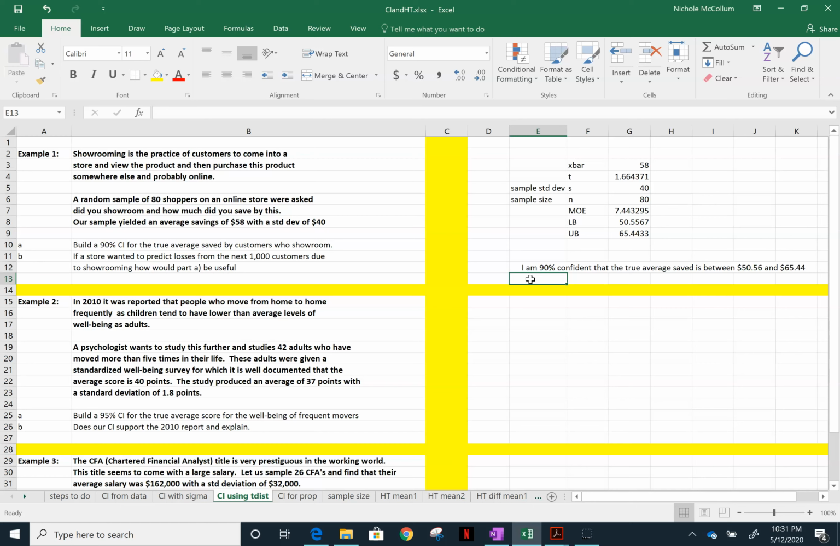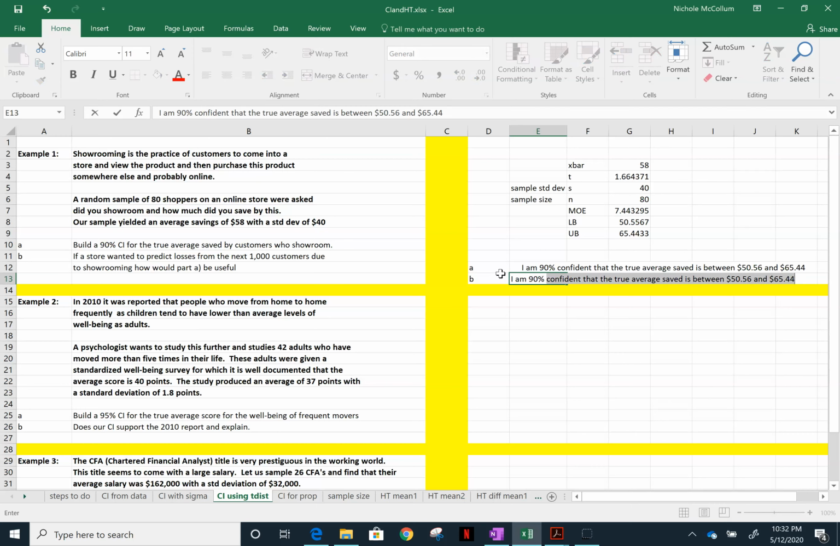So if a store wanted to predict losses, for example, our part B over here, if a store wanted to predict losses from the next 1,000 customers due to showrooming, how would part A be useful? How could we use part A to get part B? Losses predicted for the next 1,000 customers. Well, if you know the true average saved per person is between those two numbers, then I can say I